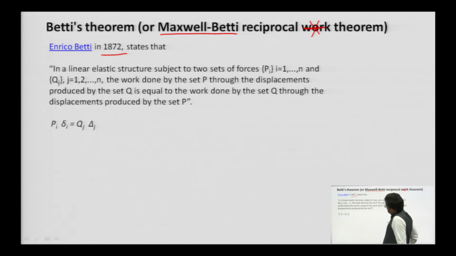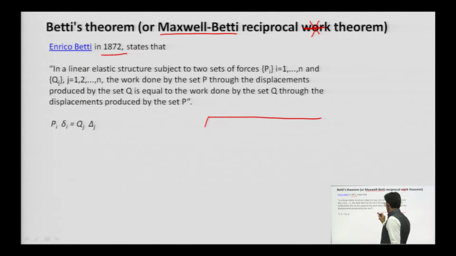And what was the addition here? Betti extended the work of Clerk Maxwell, and according to him,